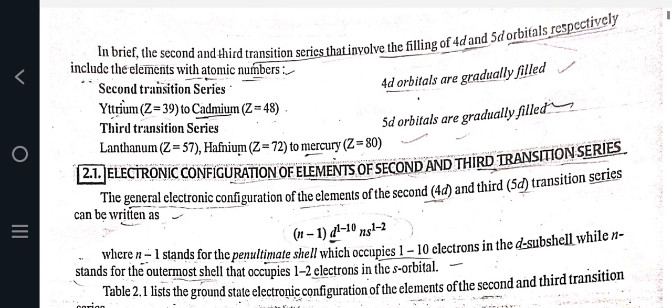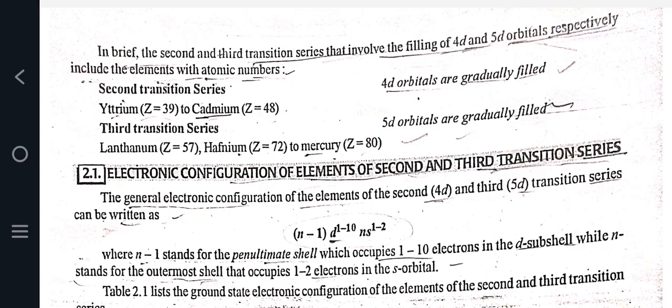In brief, the second and third transition series that involve the filling of 4d and 5d orbitals respectively include the elements with atomic number: second transition series, yttrium Z equal to 39 to cadmium atomic number 48, where the 4d orbitals are gradually filled. Third transition series, lanthanum atomic number 57, hafnium atomic number 72 to mercury atomic number 80, where the 5d